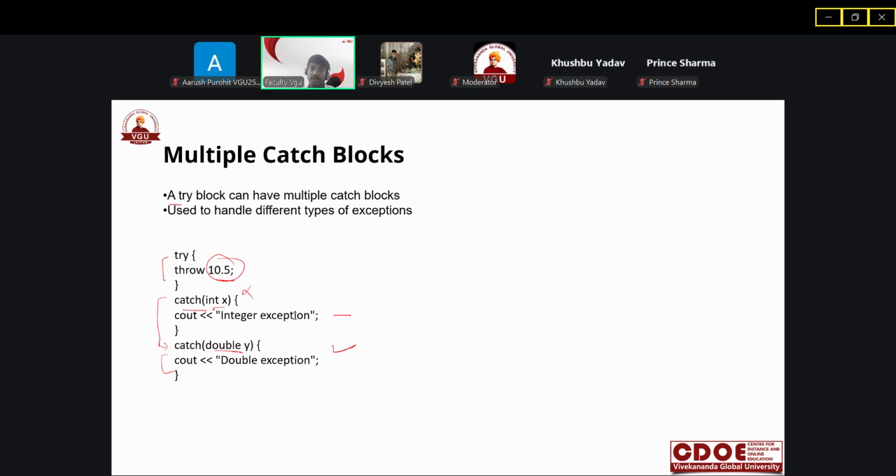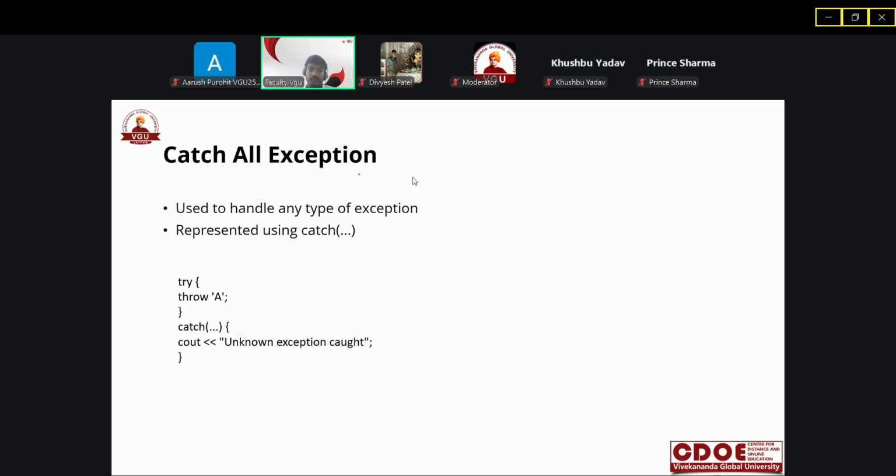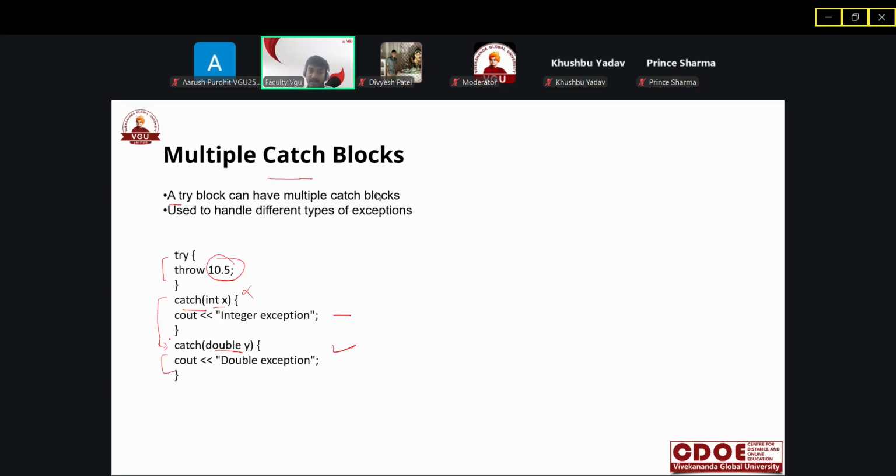So that's how multiple catch blocks work. We also have another kind of catch. Here we have catch double.